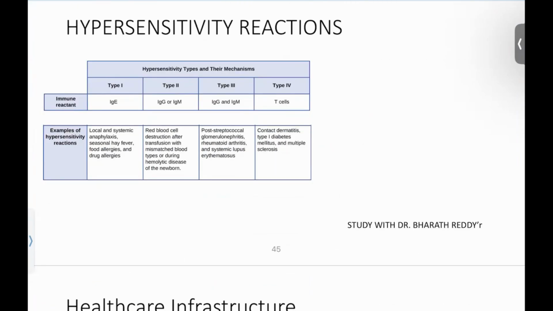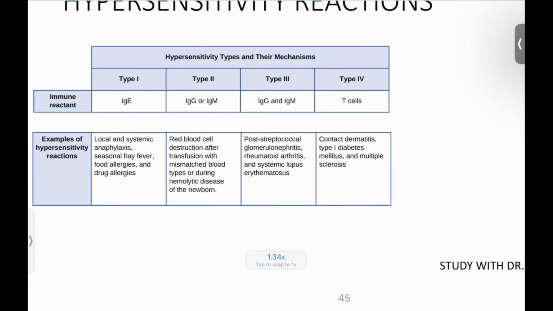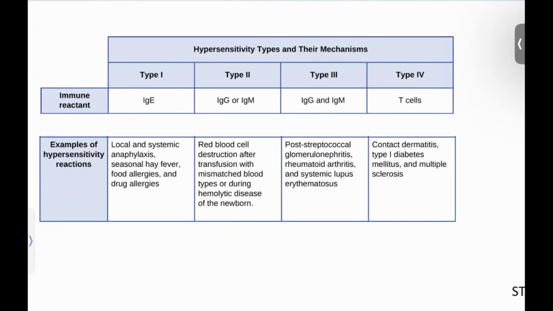Next, hypersensitivity reactions. When I say hypersensitivity reactions, the patient will be having 4 different types of hypersensitivity reactions. So in that, type 1 will be mediated by the IgE. This is the allergic type of reaction. What are the examples? Example, anaphylaxis. The patient is having drug allergy, atopy, hay fever, and all these food allergies